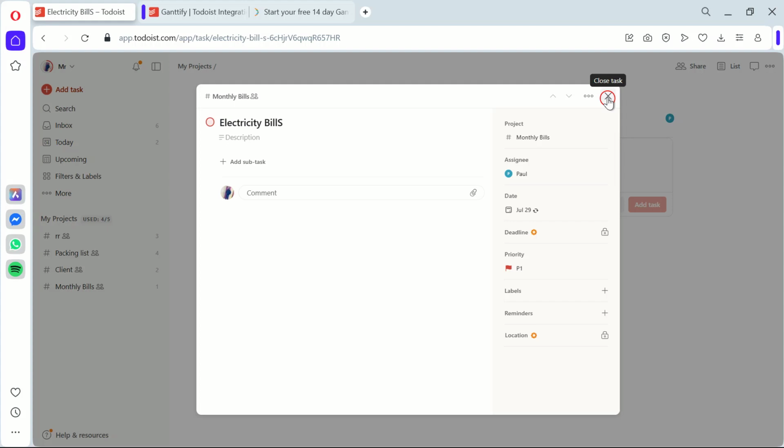Lastly, press Add Task. This is the final step where you confirm and save the task. Once you've done this, Todoist will automatically remind you about the bill payment at the set frequency. And there you